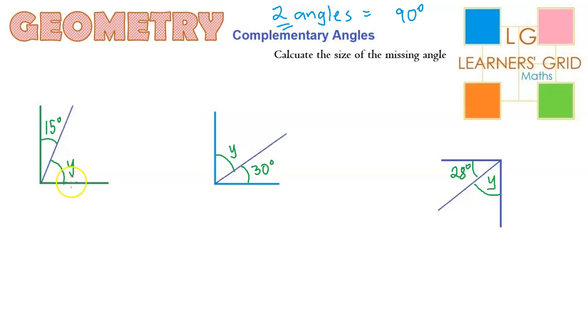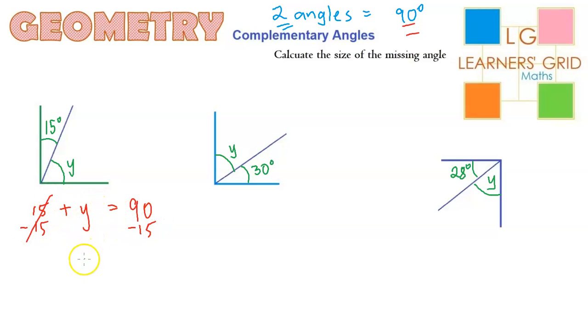15 degrees and then an unknown amount here. So let's use our working to find out the size of angle y. So here we go. We've got 15 plus y, and that is supposed to equal, as I mentioned, 90 degrees. So what we need to do is solve this equation. So we subtract 15 from both sides,